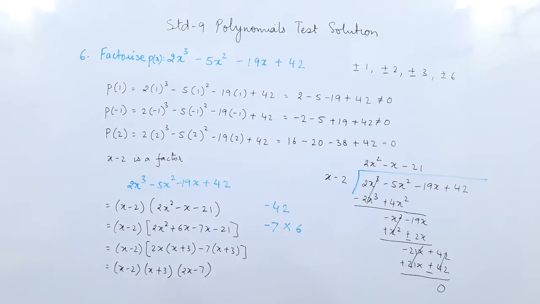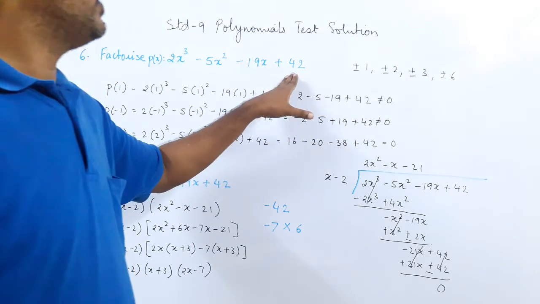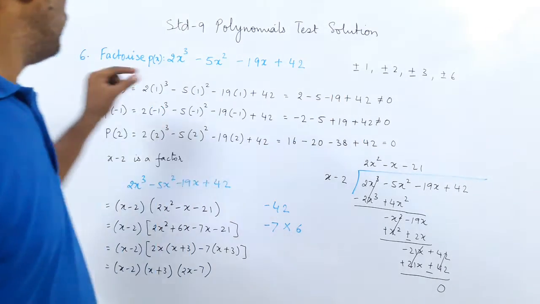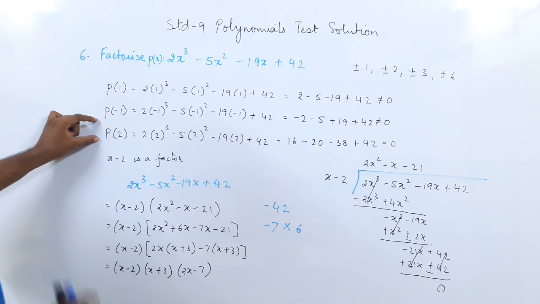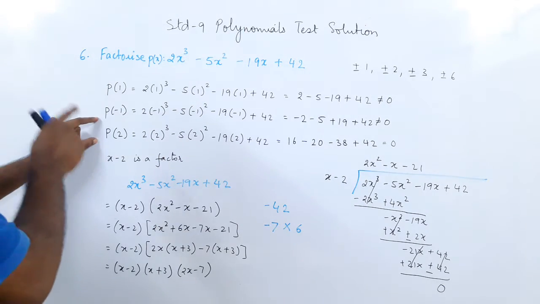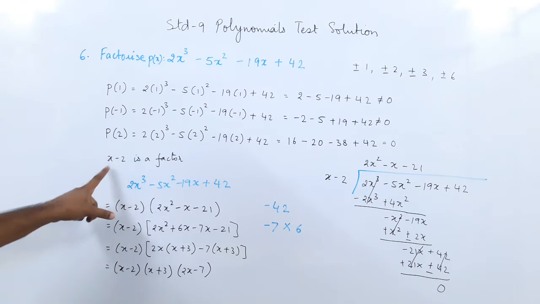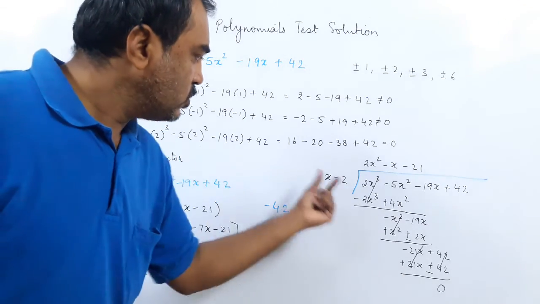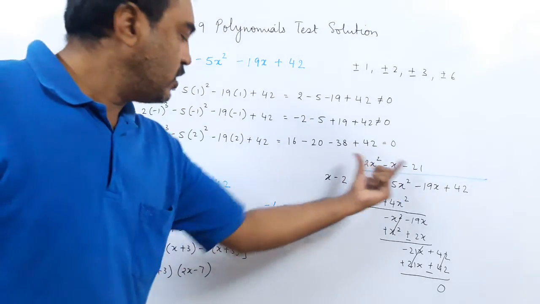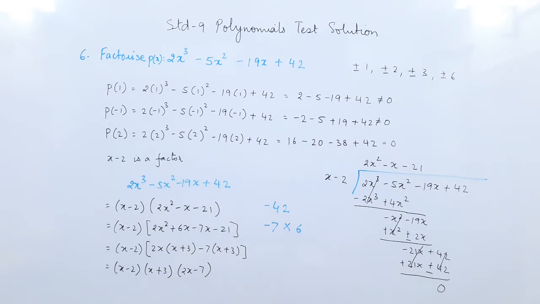And I hope you understood the method. First method is the factors are written down. I only wrote plus or minus 6. You will have plus minus 7 and so on. But start with 1. Take P of 1, not 0. P of minus 1, not 0. P of 2. If it doesn't work here, go to P of minus 2. P of 3, P of minus 3. We got the first factor at P of 2. So x minus 2 is a factor. Once you find one factor, use the long division method. So one factor is separated and the quotient is a quadratic polynomial. We solve this by splitting the middle term and we get the 3 factors. So you need to practice this sum thoroughly. Okay?